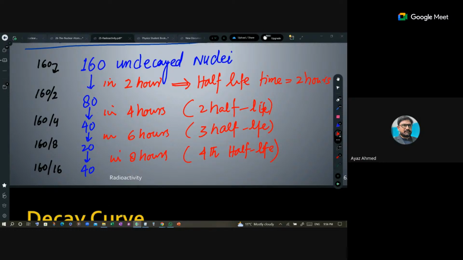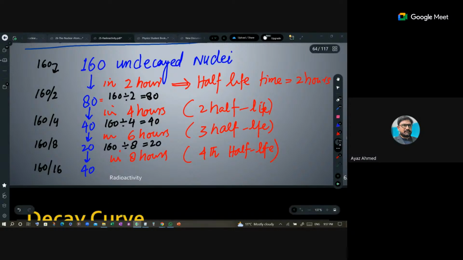Okay, 80 is what? 80 is 160 divided by 2, na? What is 40? 160 divided by 4. What is 20? 160 divided by 8. And what about 40? 160 divided by,